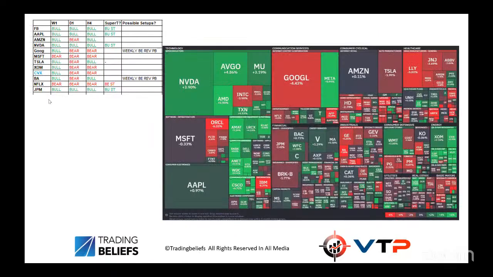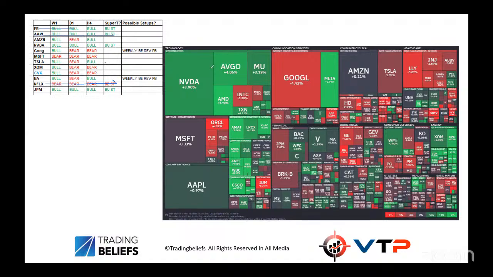If I look at equities, remember this is all just big picture stuff, looking at my own things. Interestingly, Netflix, they've got their numbers out on Thursday. They still have been in a bearish super trend on that. Apple has been in a bullish super trend for a while. It's pushing its way to its highs.